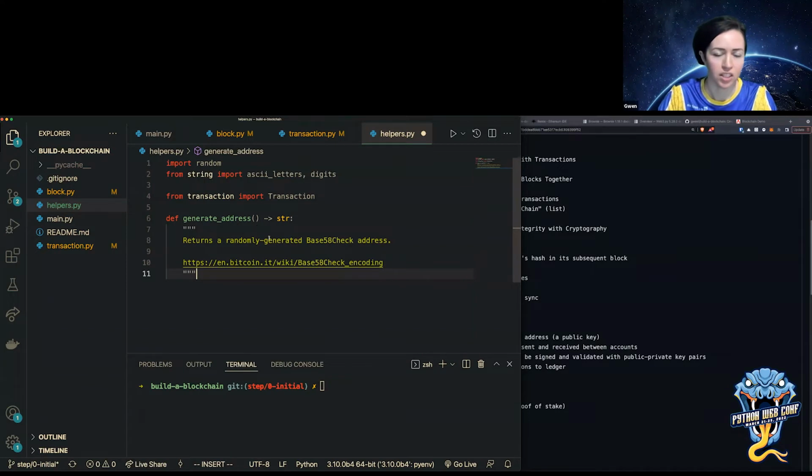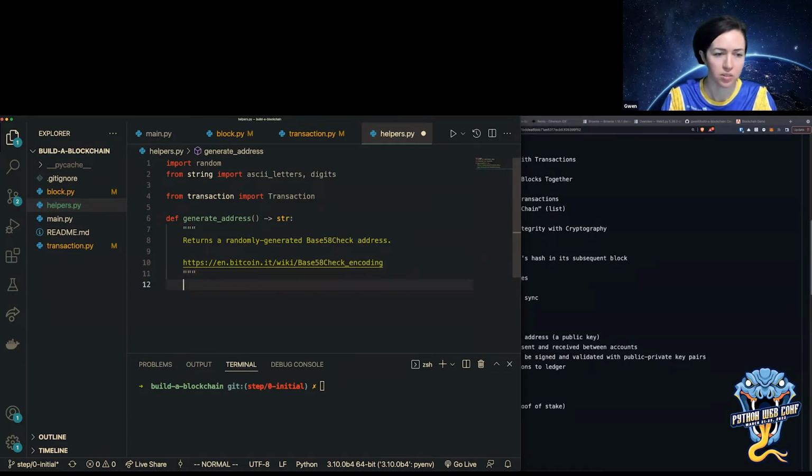You know, every blockchain generates their addresses a little bit differently. But here's a link if you want to know more about Bitcoin addresses. I think maybe I can post them in the chat. Yeah. Okay, so this is a base 58 address. And you can see in the wiki here, there's a lot more information about why they use that particular system.